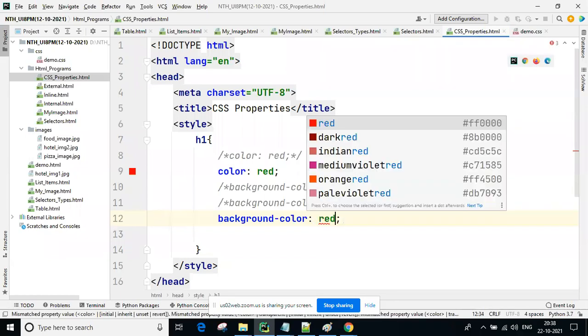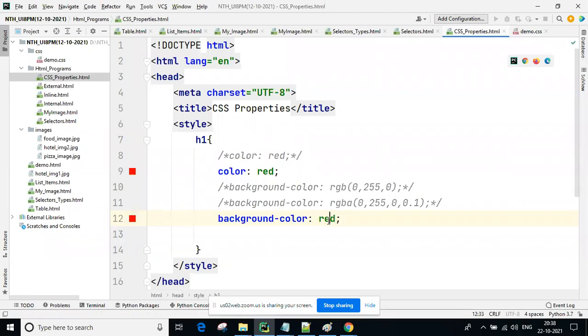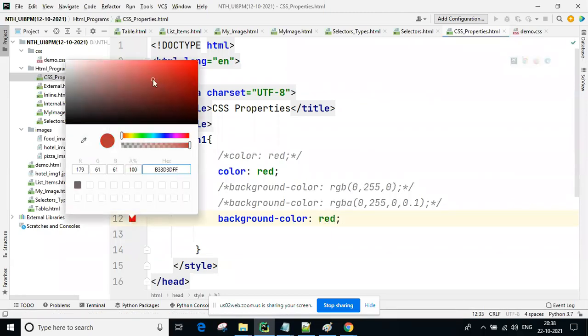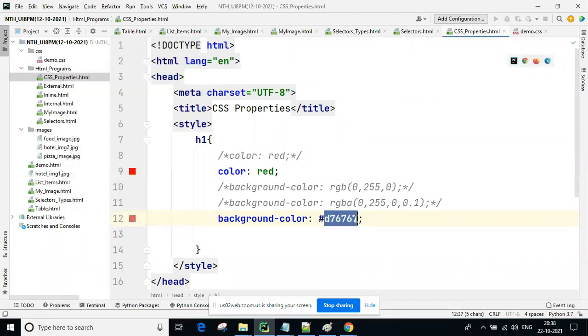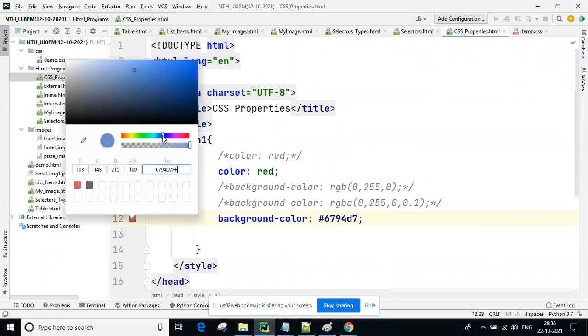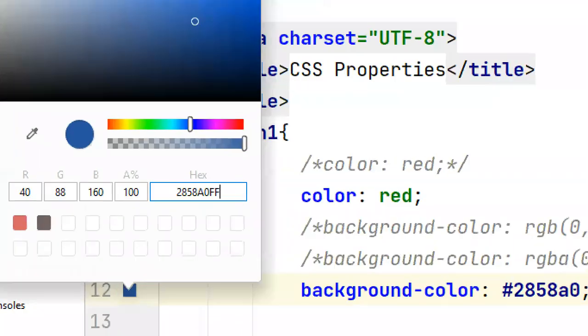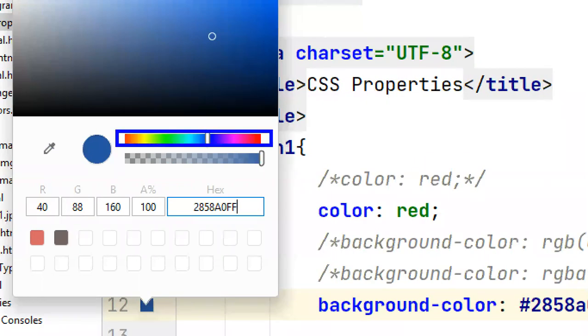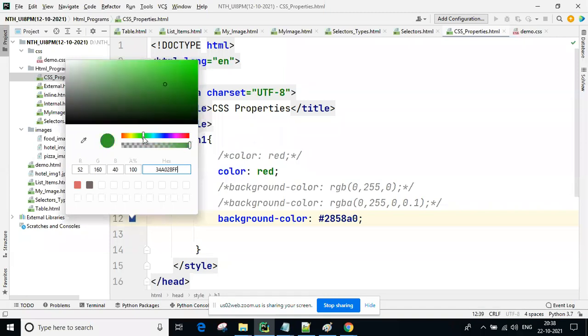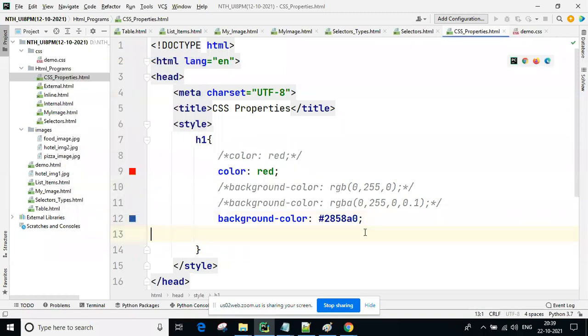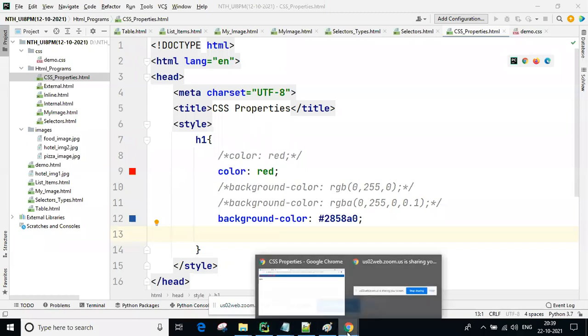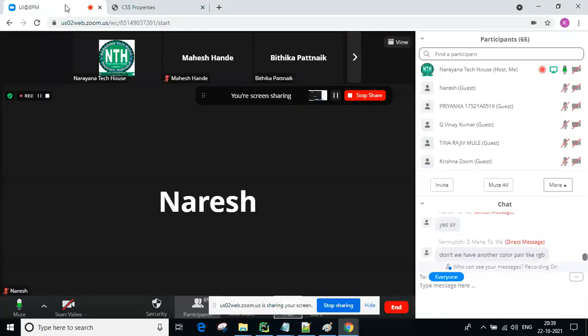For example, here I'm giving red. For these hexadecimal values, if you want, you can click here and see the different hexadecimal values changing. Whatever you want, you can click. For example, if I want blue, see here the color range is also there, like rainbow colors. Whatever range you want, you can use it like that. Are all of you following so far how to write colors for the text or background colors?